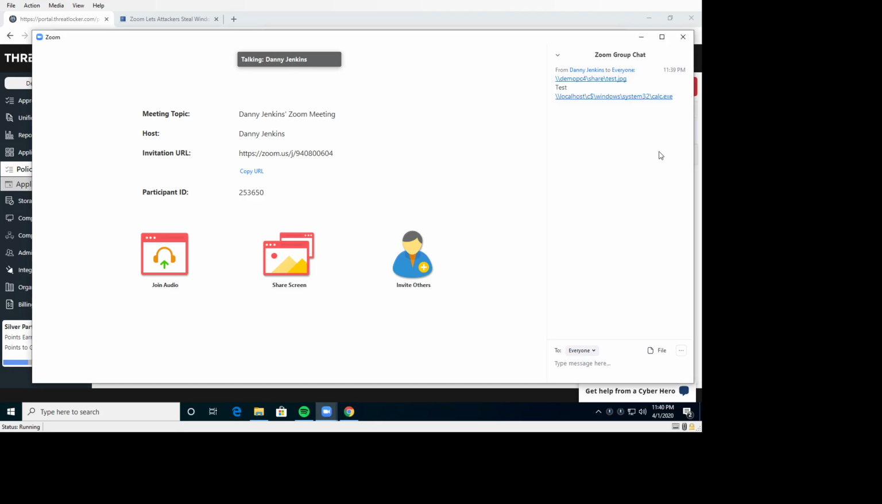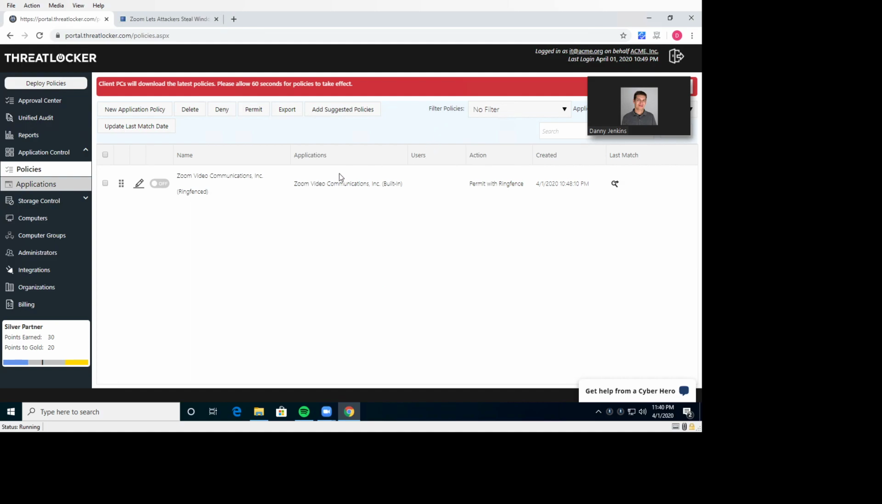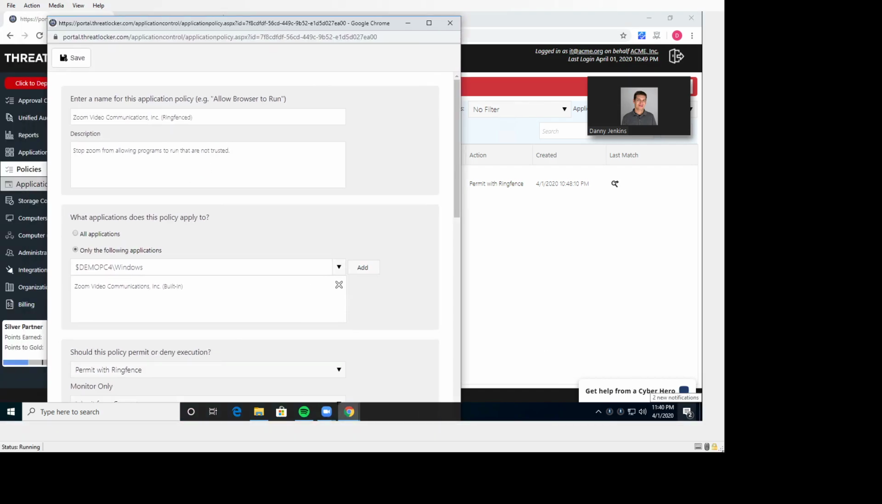So there's a few things you can do to protect yourself from this. First of all, we do have a ring fencing policy that is a suggested policy specifically for Zoom. And what this is going to protect you from is a few things. One is it's going to stop Zoom accessing your files that it doesn't need to access. So you can go into the portal here, you can go into add suggested policies, and you can simply, and I'm going to make my screen a little bit bigger,